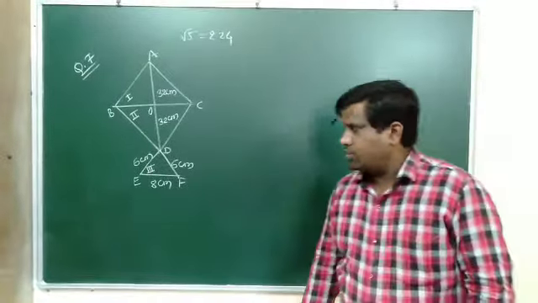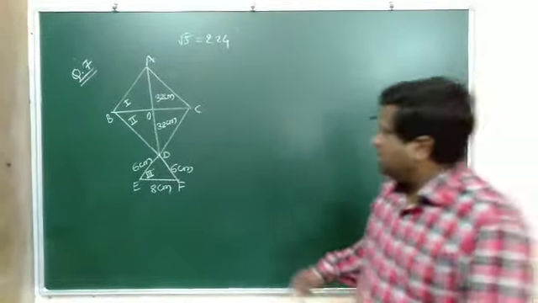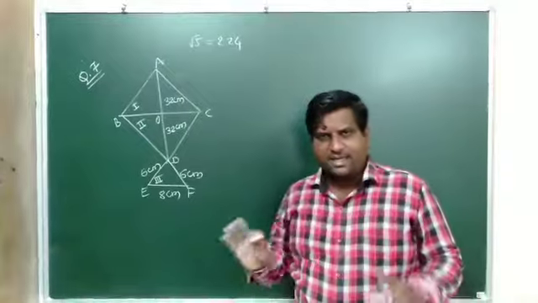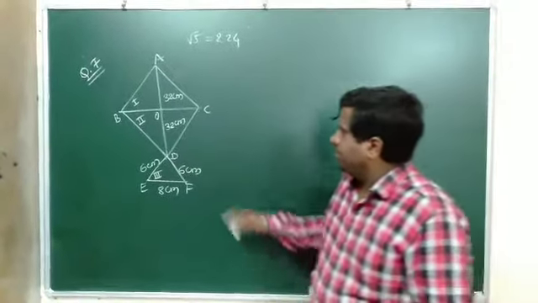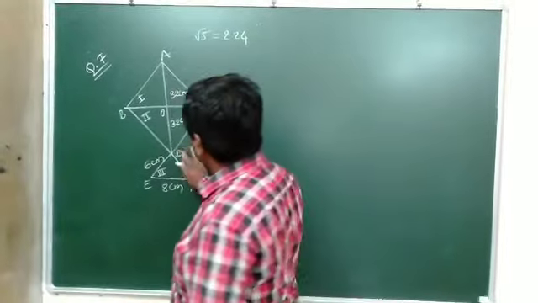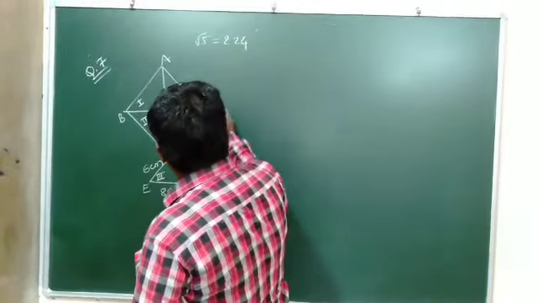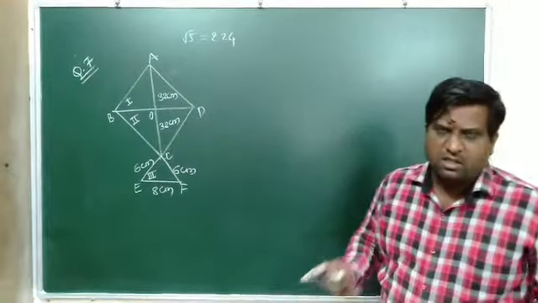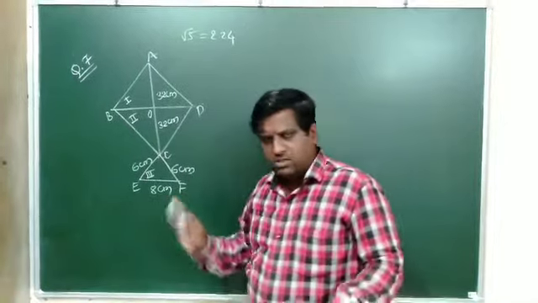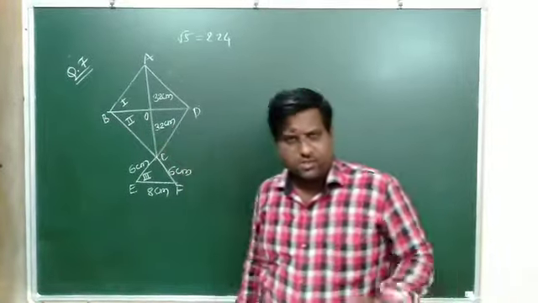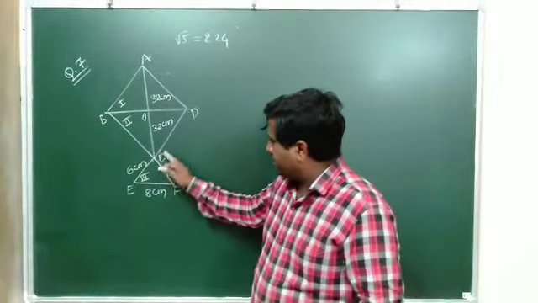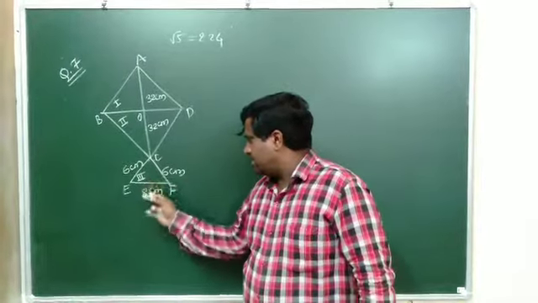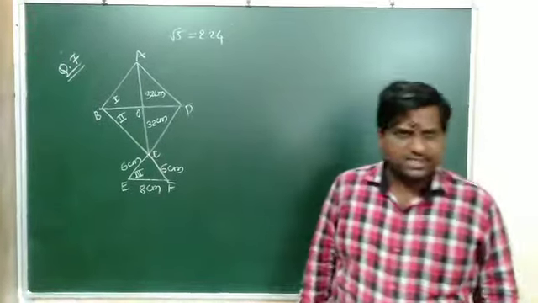Let us do question number 7. So this is a kite. This is an assembly of two parts. The lower part is a triangle, the upper part is a square. See, ABCD is a square, and the side dimension he has not given. The diagonals of the square are equal, of 32 cm. And the lower portion is an isosceles triangle. So the other two sides are 6 centimeter and the base is 8 centimeter.